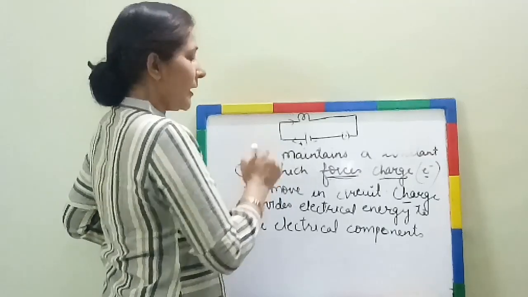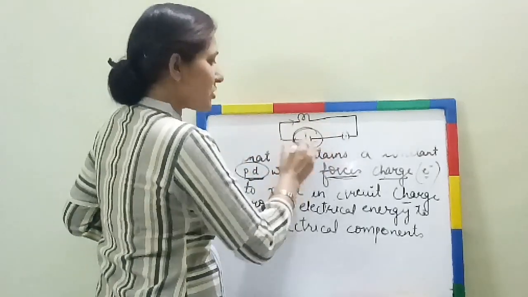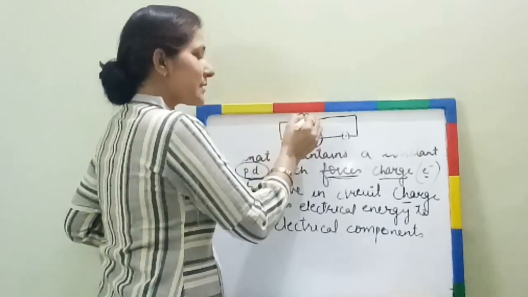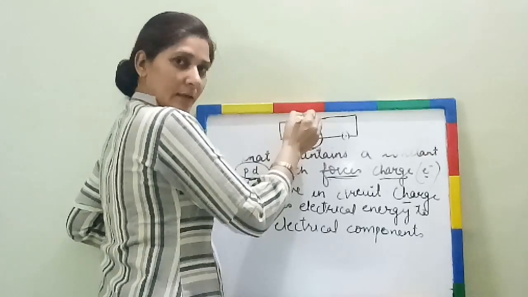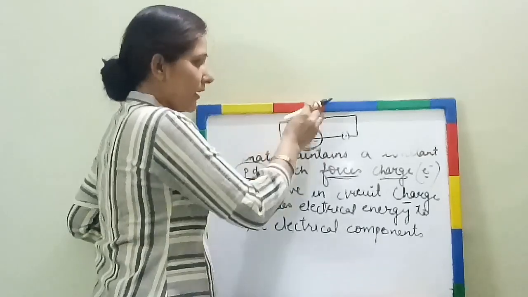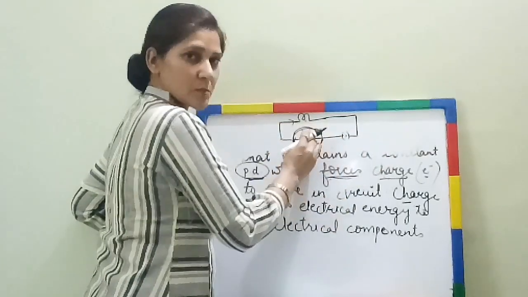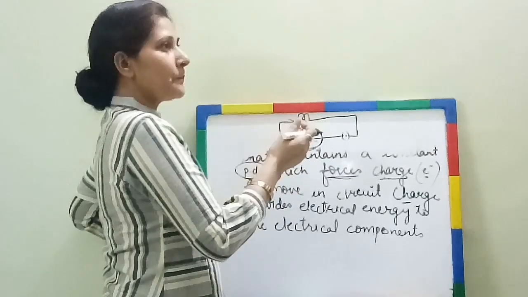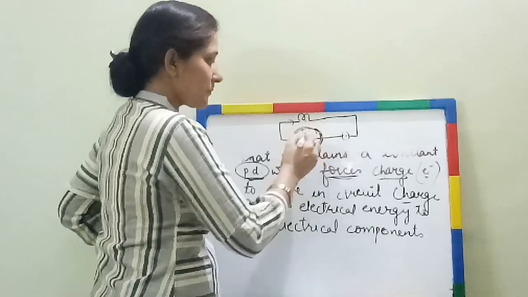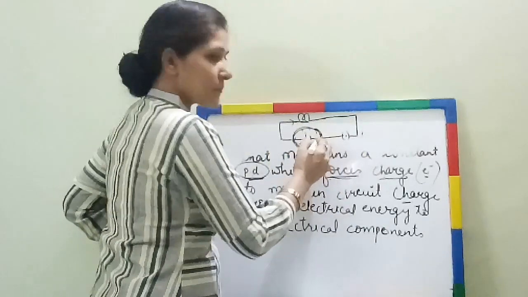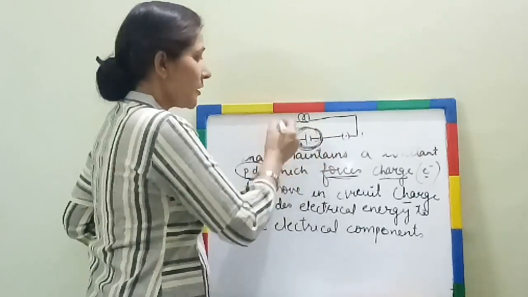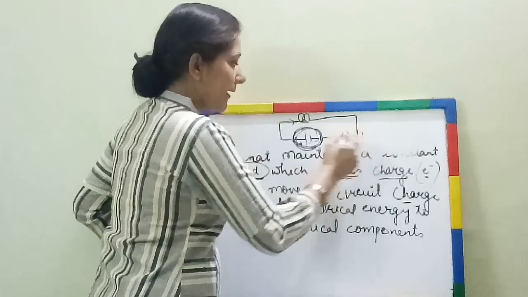Electrons will start moving, and they take the energy from here and then distribute the energy to this electrical component. They distribute the energy here and then come back to the cell again. Again collecting the energy, again reaching the electrical component and then coming back. How are they behaving? Like when you want to buy something, you collect money from your parents, go to the shop, spend there and come back. Next day if you want to buy something else, again you collect the money from your parents, go to the shop, spend the money there and come back.